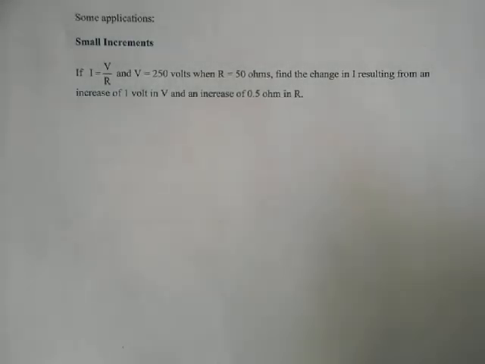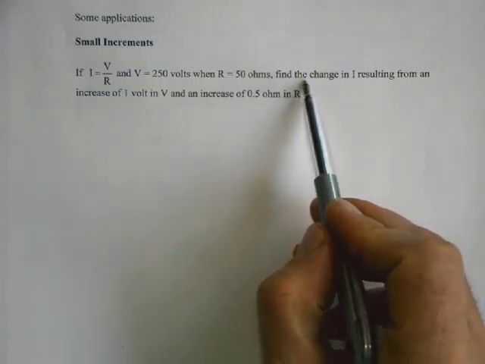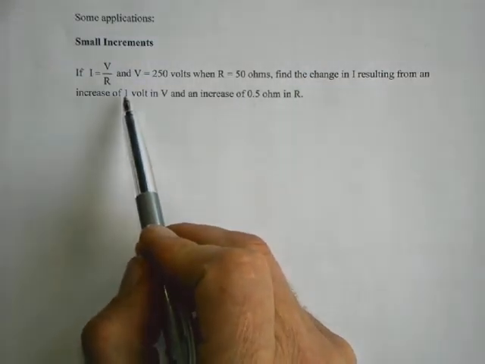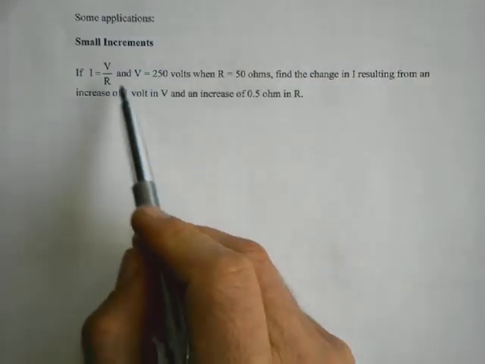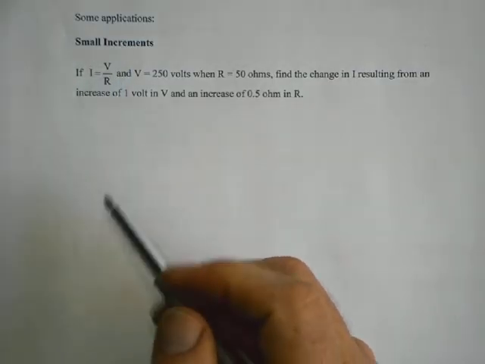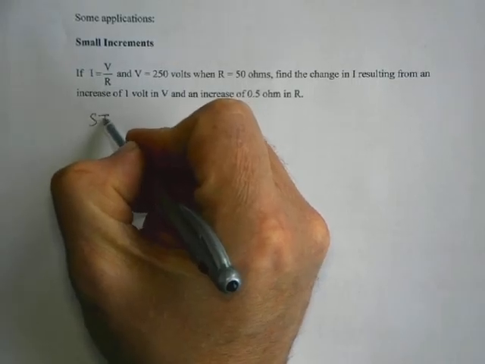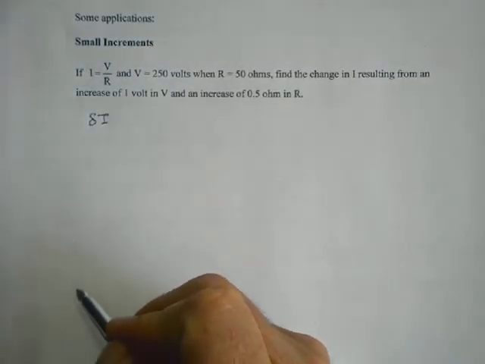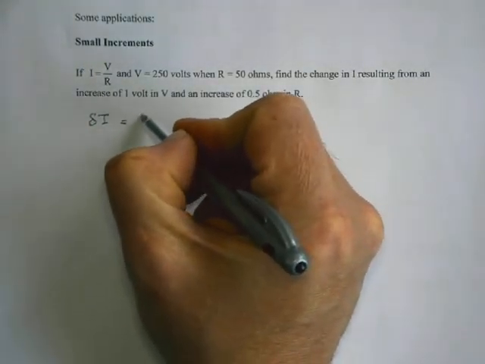In this example, we're trying to work out how much I is changing. So we're trying to find a change in I when there's a change in V and a change in R. And here's the way in which I, V and R are related. So we're trying to find how much I changes, so delta I, change in I, and from the above formulas,